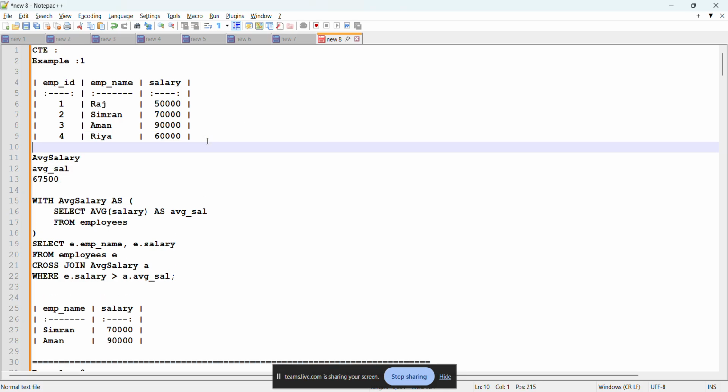What is going to happen is, in this table we have only one column, one row, one value. This 67,500 will be in the first row, second row, third row, and fourth row, everything. Cross join means 50 and 67,500 will compare, 70 and... no, it will not compare. Like you imagine one more column, and the